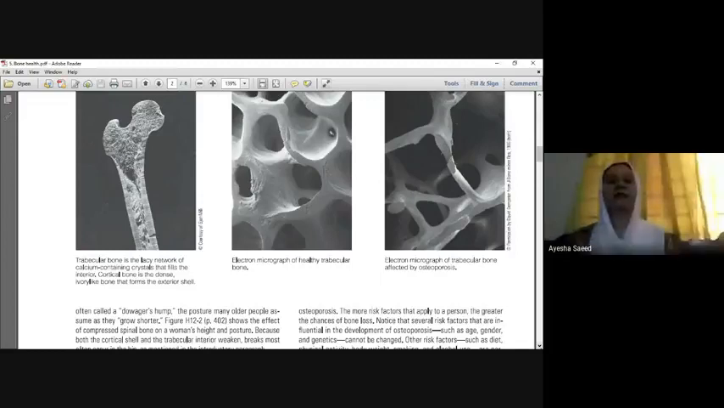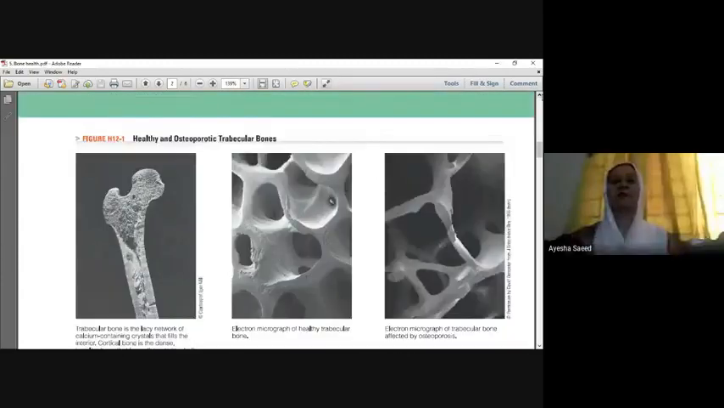Electron micrograph of a healthy trabecular bone and electron micrograph of a trabecular bone affected by osteoporosis. As you can see in the last picture, the lacy matrix is very loose and it has lost calcium, and this one is dense. It means that it has calcium intact. Then let me also show you the,